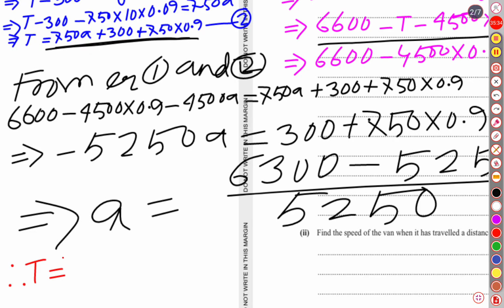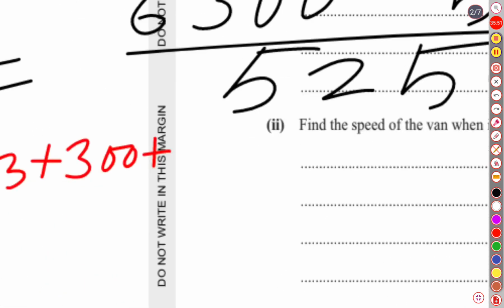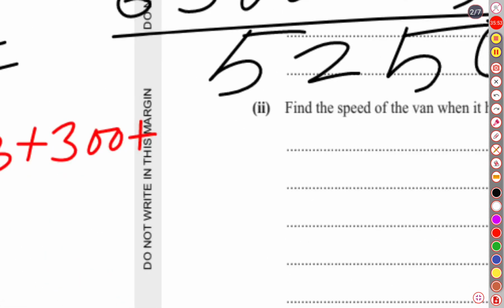So 750 into the acceleration, 0.3 we have just obtained, plus 300, plus 750 into 0.9,